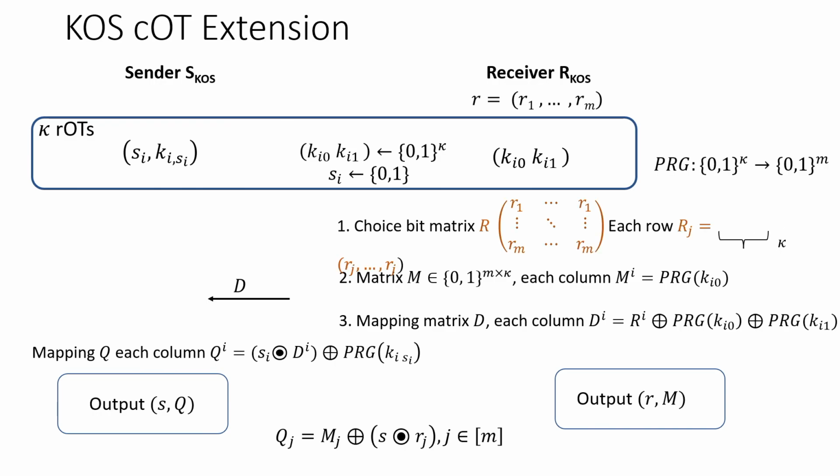Now, if we think about exfiltration resistance in this protocol, in order to make this maliciously secure in the presence of a malicious receiver, a bad receiver can choose the choice bit matrix in a different way. In particular, it need not be monochrome rows. We have to add some consistency checks in order to force the receiver to actually use the correct choice bit matrix R.